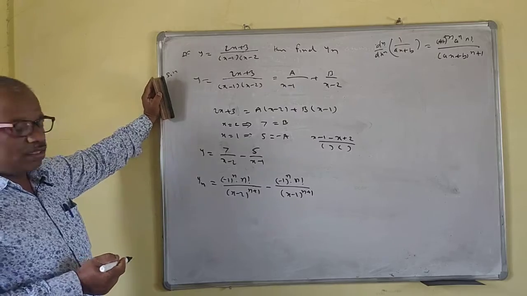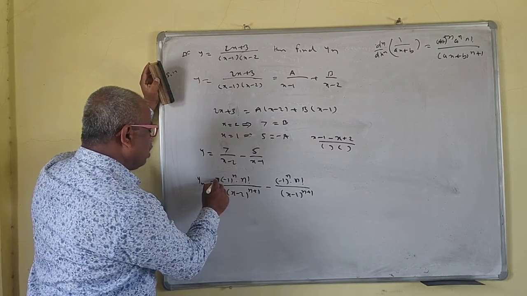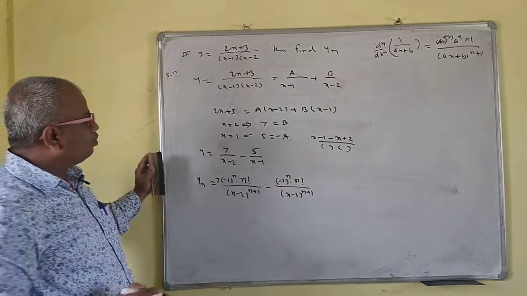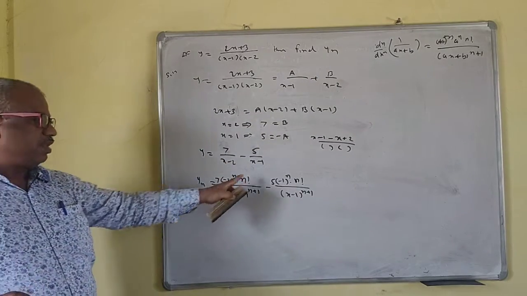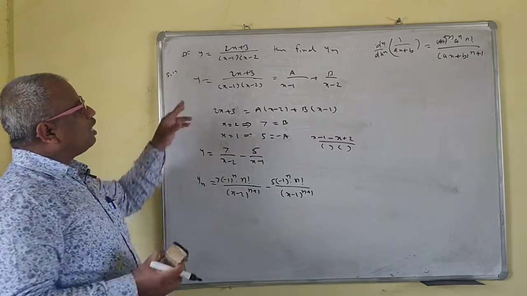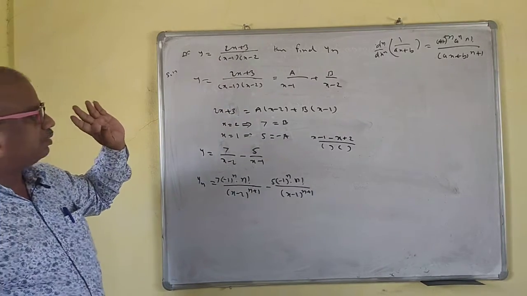Now we have to find this. So the 7 is constant, so 7 will be as it is. And this is 1 upon this. Only here, the answer is what? Here 5. 7 and 5 will be added. All the rest are the same here. So these are the examples of partial fractions.